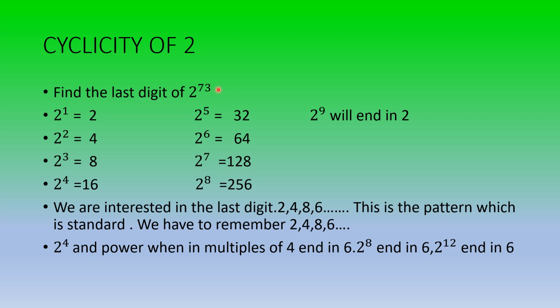Let us understand the pattern of 2 power any number. So 2 power 1 is 2, 2 power 2 is 4, 2 power 3 is 8 and 2 power 4 is 16. Moving further, 2 power 5 is 32, 2 power 6 is 64, 2 power 7 is 128 and 256 is the value of 2 power 8. If we look at the pattern followed, the number ends with 2, 4, 8 and 6. When you begin from 2 power 5, again the pattern followed ends in 2, 4, 8 and 6.